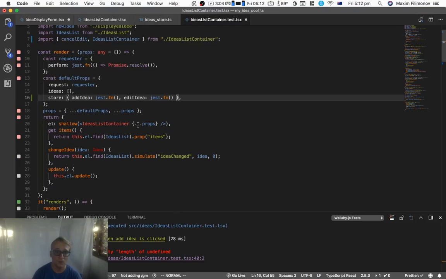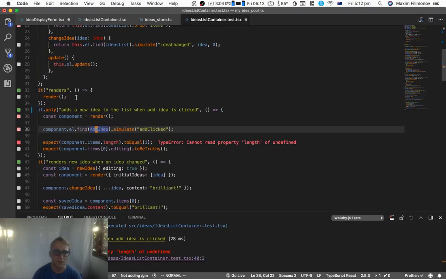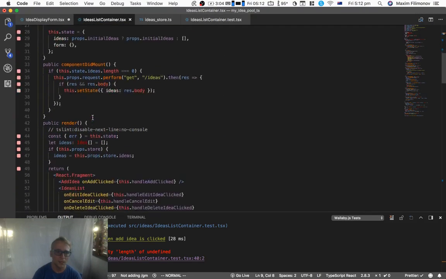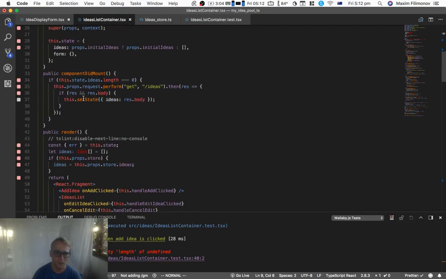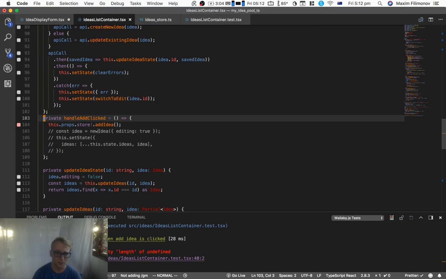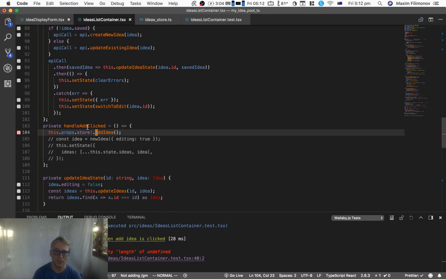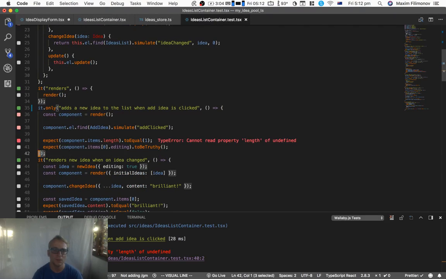Comma. So now, as we pass the store here, and we try to call getIdea, now we're not getting this error anymore. Cannot read property length of undefined? Yes, that is correct, because our items now, so when we get this addIdea, oops, handle, it clicked. So before we were testing this, and this was a state logic inside this container, now it doesn't actually do any of this. So we kind of don't need this test to the extent, but we needed this test